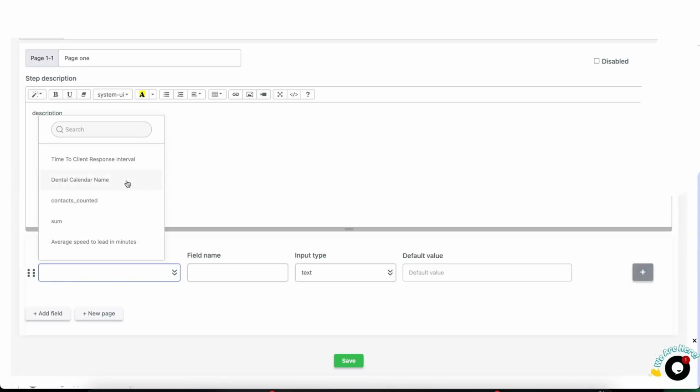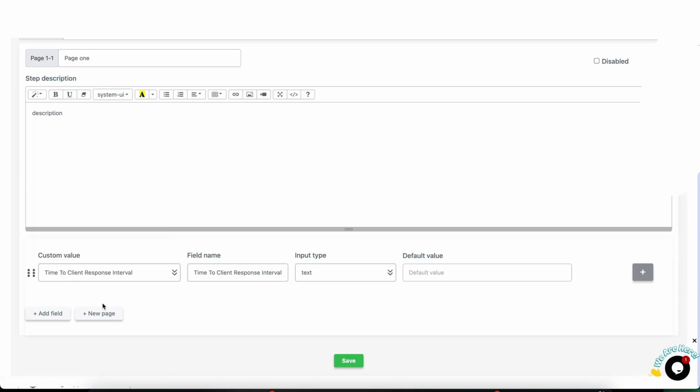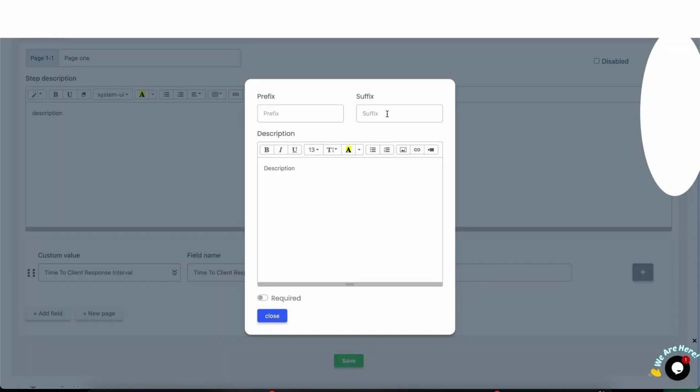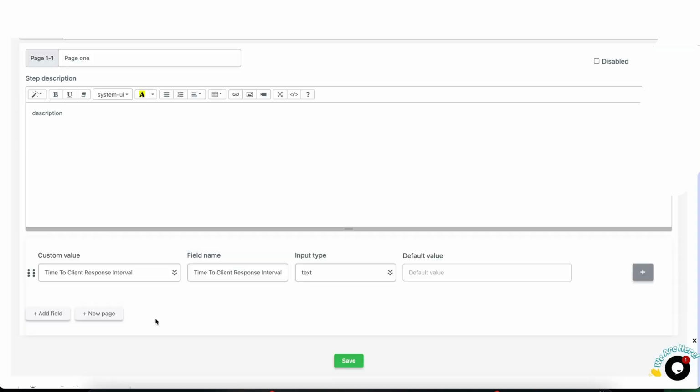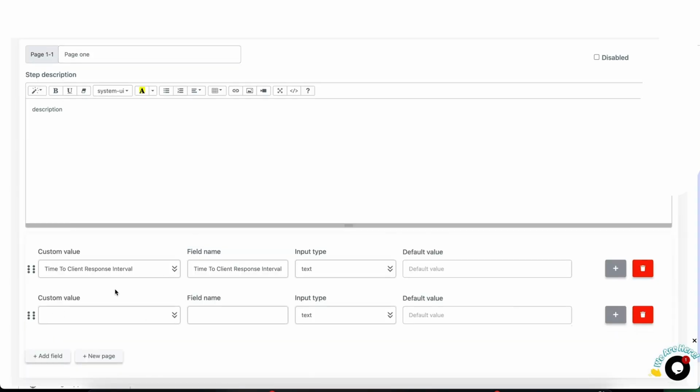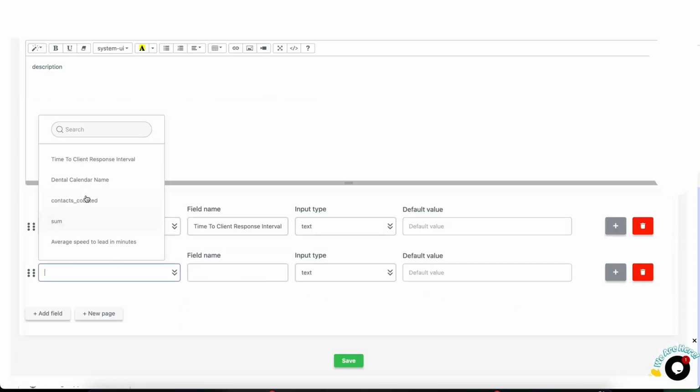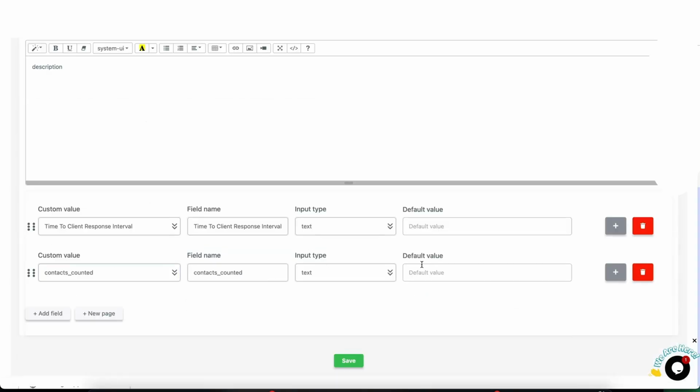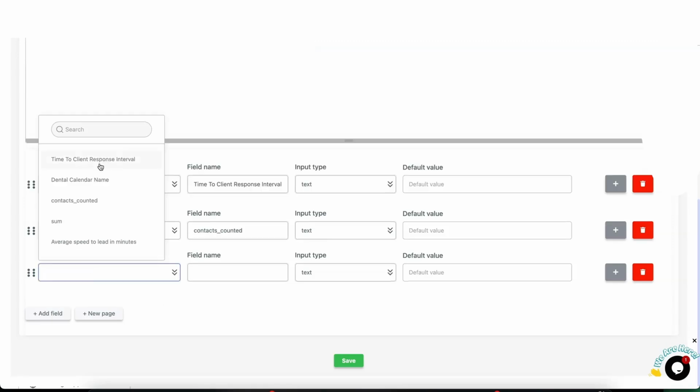It automatically pulls all the custom values found in that sub account where you create the form. We have the custom value and input type, and you can decide to make it required or not. Give it a prefix or a description, and you can turn on the required button if you want it to be a required field. You can add the field again, the custom value, let's say contacts, text, default value, can say